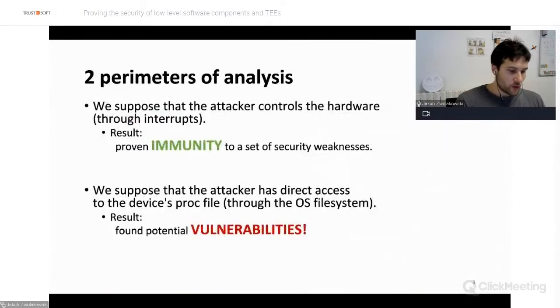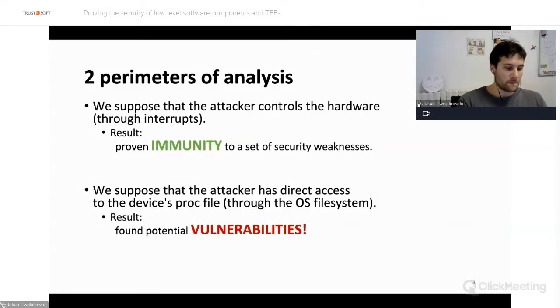Okay, so what we did here are two separate analyses with two separate parameters of analysis, which correspond to two ways how we can access the driver. The first one is the more natural scenario where we suppose that the attacker has access to the device.